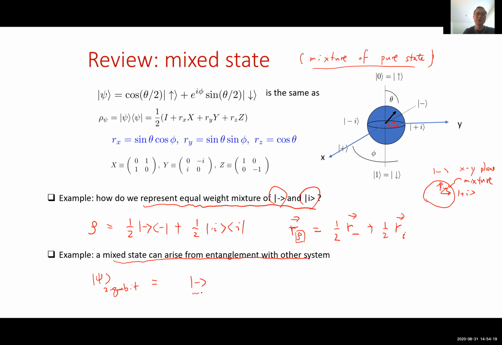So this is my state with minus, but this is my state with I. I want to use maybe other system, let me call it environment. If I entangle my system and environment with appropriate weight, then when I